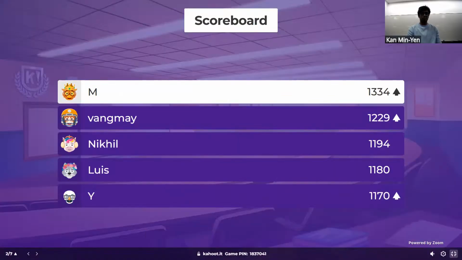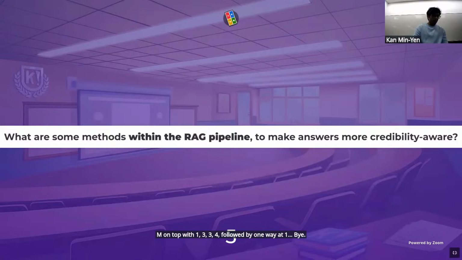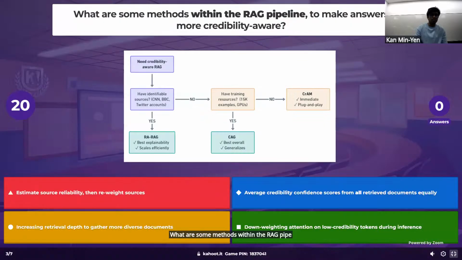Okay, M on top with 1334 followed by Wangmei at 129. What are some methods within the RAG pipeline to make answers more credibly aware?